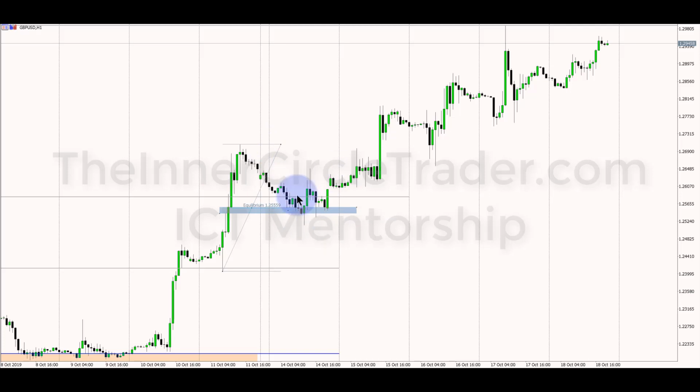What's the bias on October 14th for cable? We were bullish. We were expecting higher prices. Well, this is what we get. We have an optimal trade entry. We have a standard bullish order block as well. You can be a buyer on this one. But learning from a discount to premium model for very low risk points of entry within a directional bias, you want to look at days that create imbalances and don't use the days of consolidation like this, where it's choppy and sideways. Those aren't the days you want to enter on.